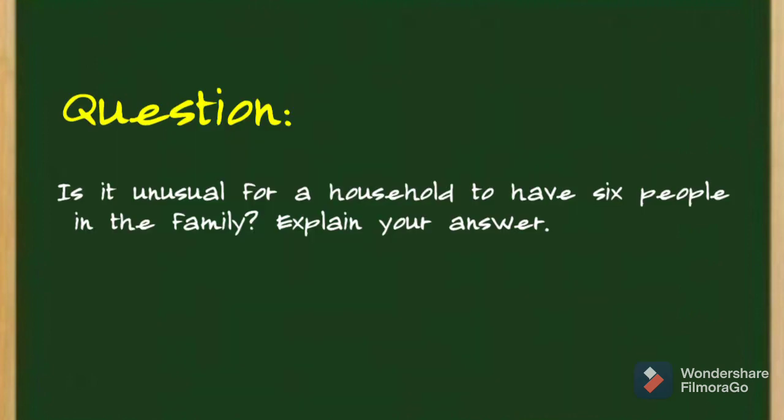Question: is it unusual for a household to have 6 people in the family? We must look at the probabilities in order to determine this. We cannot just look at the probability of 6 people. We need to look at the probabilities of X being 6 or more people, or the probability of X being 6 or less people. The P of X is greater than or equal to 6 is equal to P of